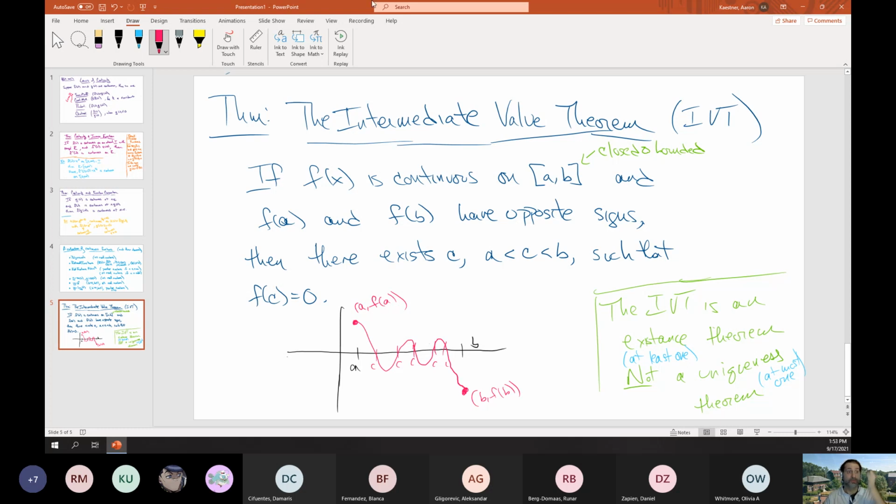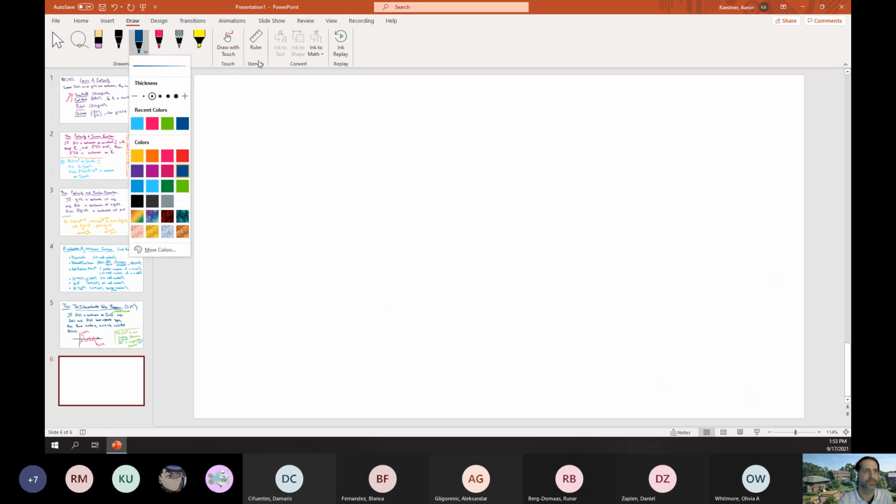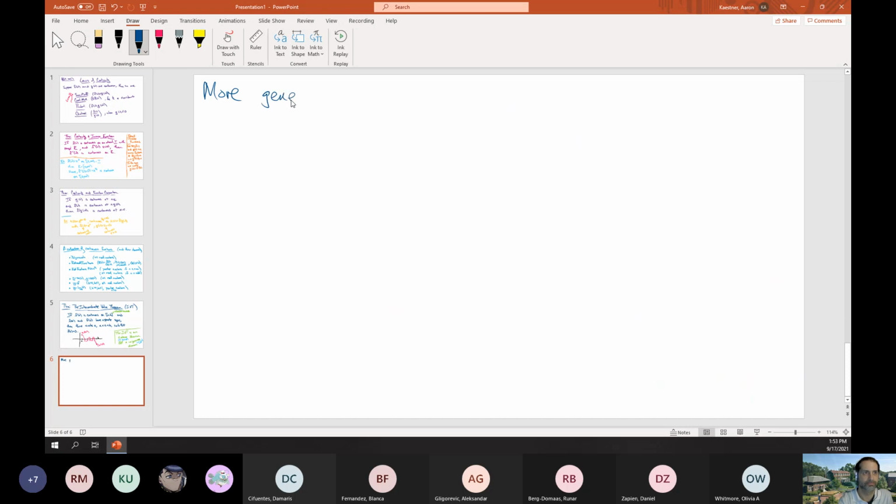So I said what we're going to do is take this and generalize it a little bit to get ourselves the statement, not definition, the statement of the intermediate value theorem that's in the book. So let's do that now. More generally, I can state, not define, the IVT as, let's say, given